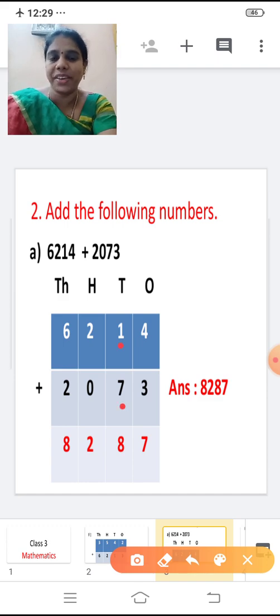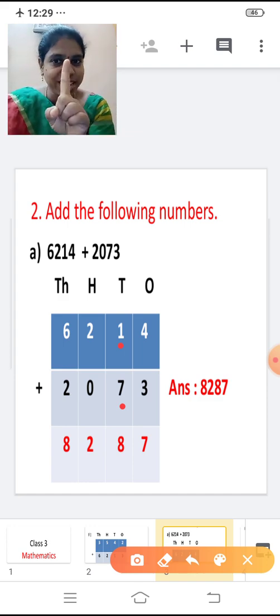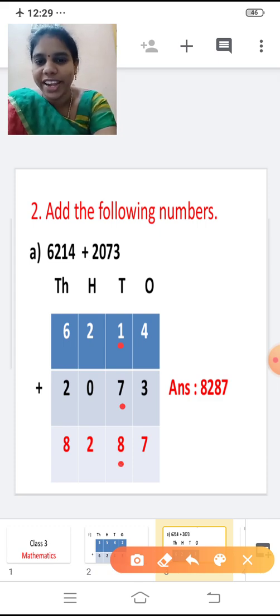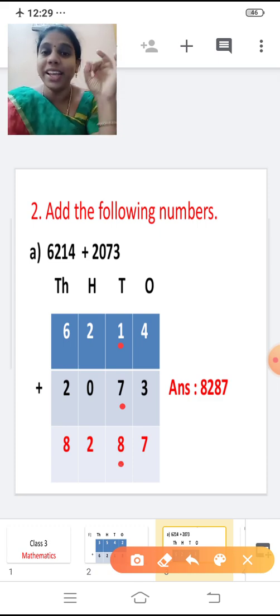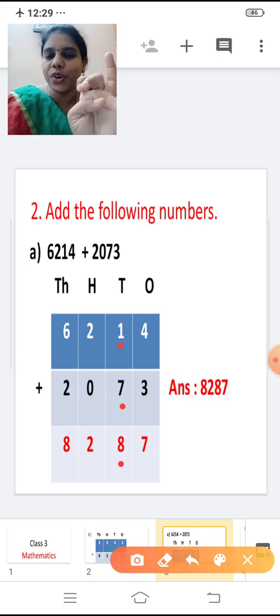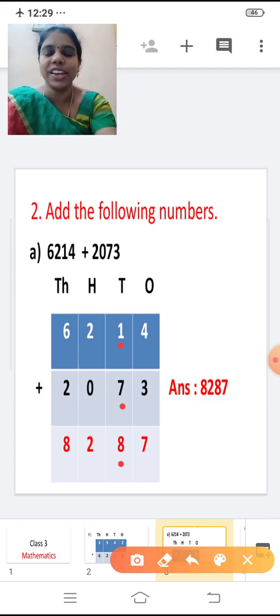Yes, 1 and 7. Add 1 and 7. 1 plus 7. You can add like this also. 7 in the mind, 1 in the finger. After 7, 8. So, write 8 down. Or else 1 in the mind, 7 in the finger. You can add in any way. After 1, 2, 3, 4, 5, 6, 7, 8. So, write 8 below.